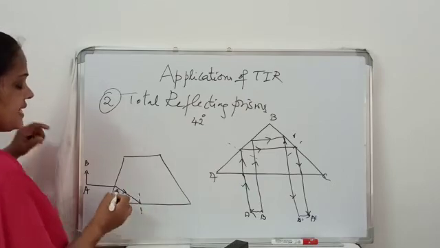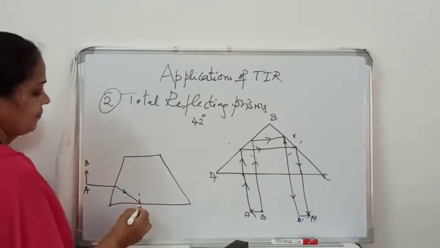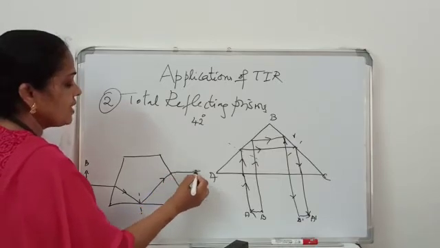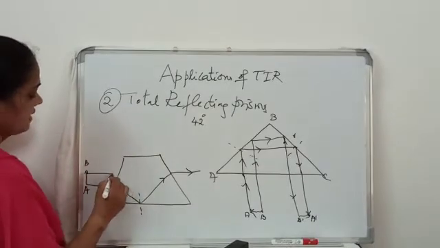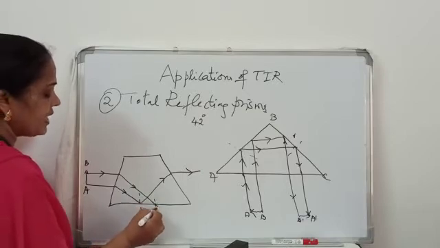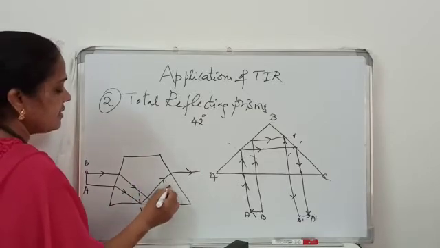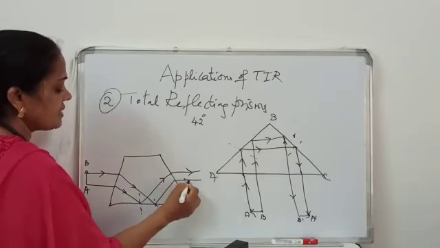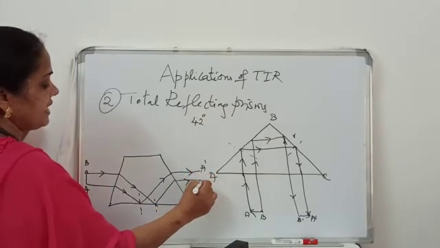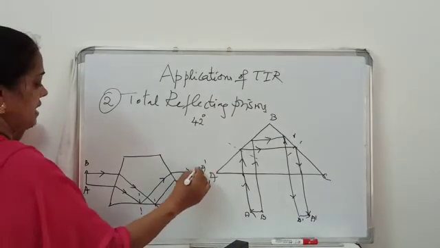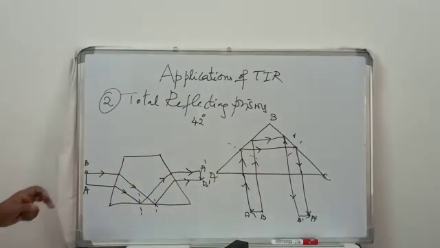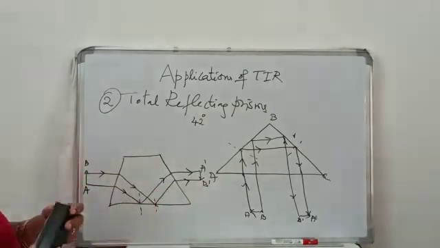And since it is incident at an angle greater than the critical angle, it gets totally reflected and it comes out, gets refracted. Similarly, another ray of light is incident, it is getting refracted, then over here it is totally reflected and it gets refracted outside. Here the incident ray is turned through 90 degrees and the image is inverted. So these are the total reflecting prisms.